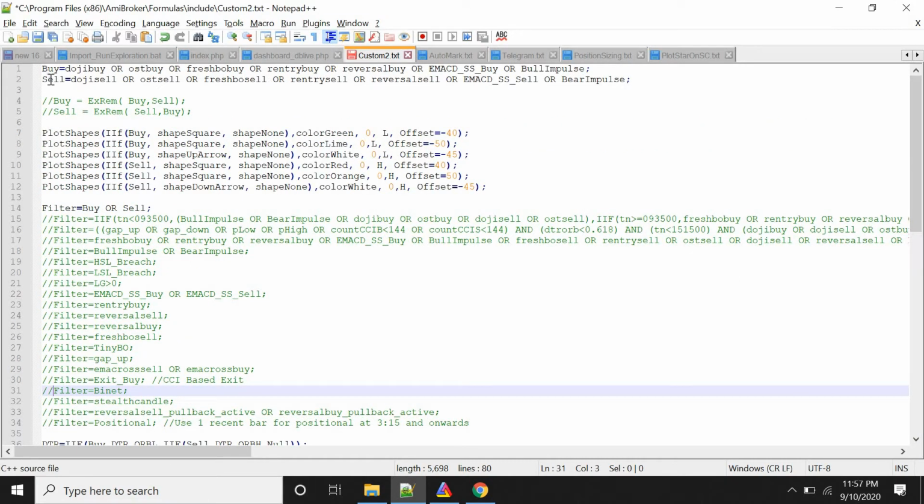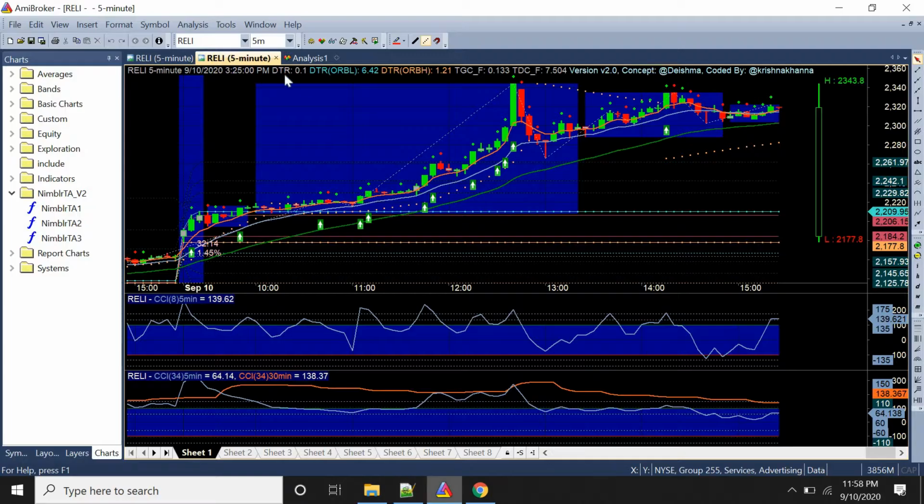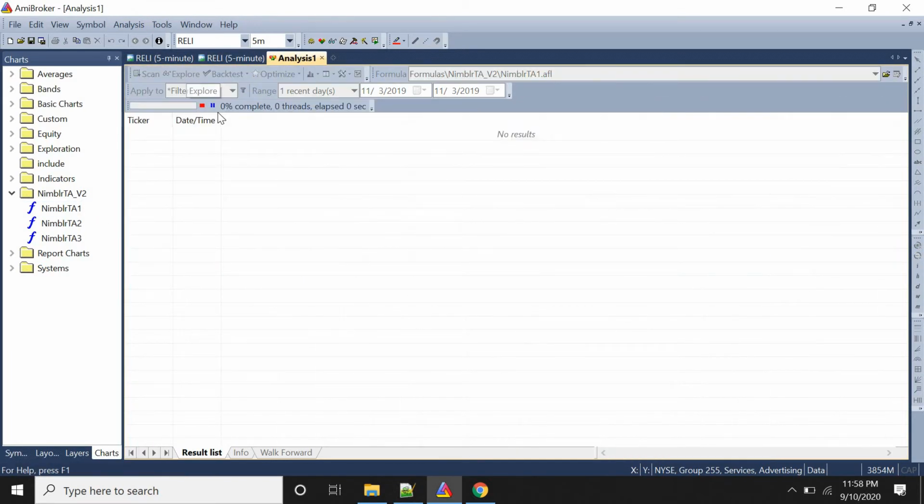By default, you have buy and sell strategies which are coded over here, and all the buy and sell signals will be available. Now, in case the user wishes to have a filter based on time, so for time less than 9:35 you want only bear or bull impulse signals and doji start and OST signals, and beyond 9:35 you want the rest of the signals, you can create a filter like this. This is possible. All you need to do is unhash it and the tool will be ready to give you the alerts.